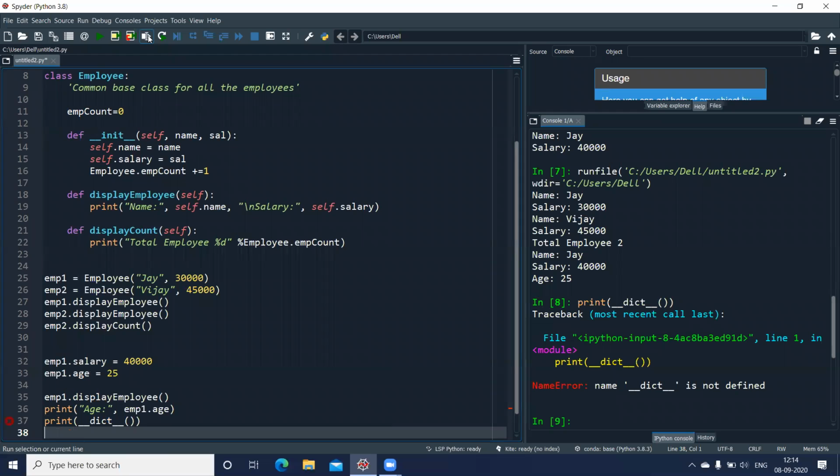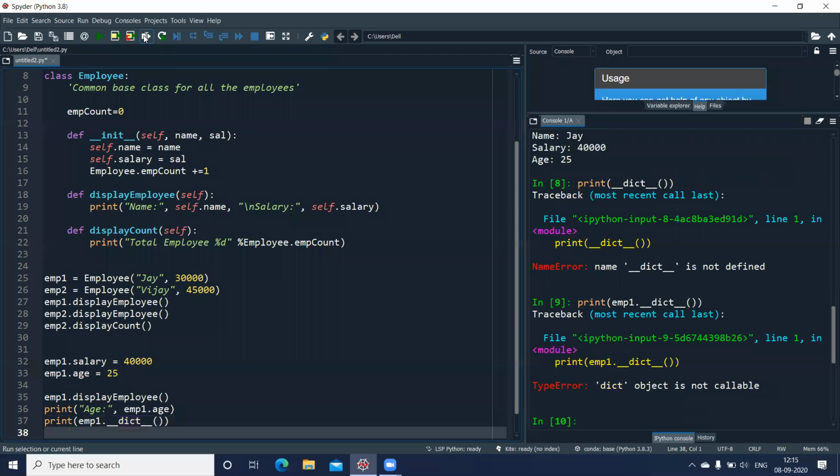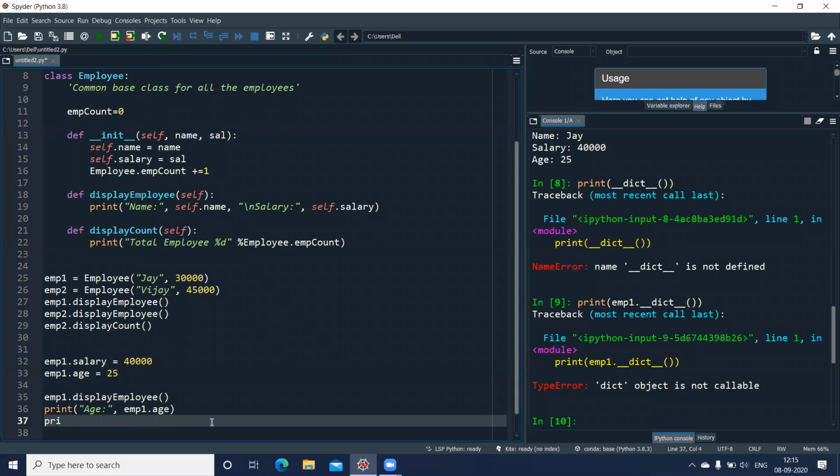I have not passed any parameters for the class, so I'll put emp1 here and try to display this. Okay, object is not callable. I cannot display it from here, so I'll access it from somewhere else.